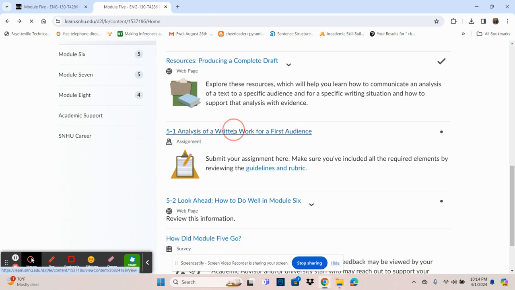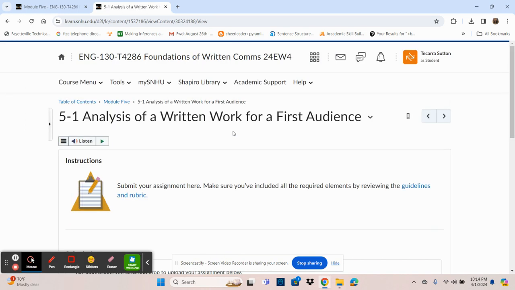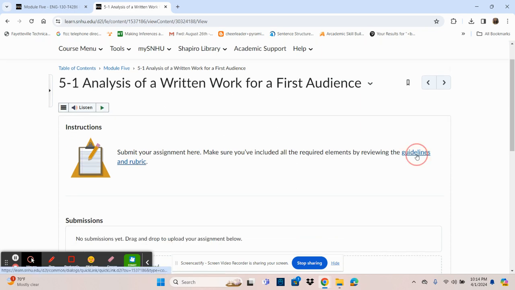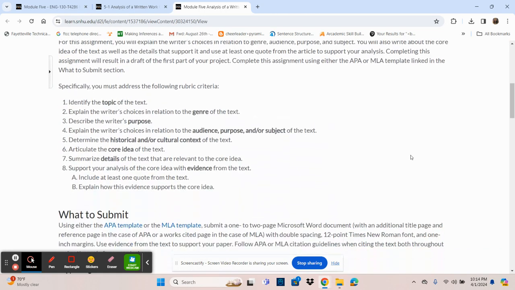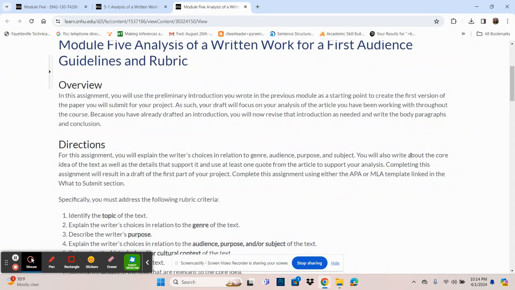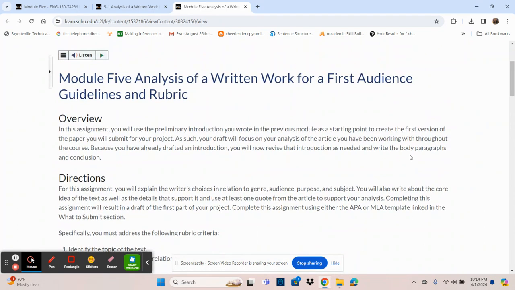Okay, so now we're going to go to our actual assignment here, which is our 5-1 analysis of a written work for first audience. Remember, if you see blue, click it. So here we've got our overview and our directions. Overview. In this assignment, you will use the preliminary introduction you wrote in the previous module as a starting point to create the first version of the paper you will submit for your project. As such, your draft will focus on your analysis of the article you have been working with throughout the course. Because you have already drafted an introduction, you will now revise that introduction as needed and write the body